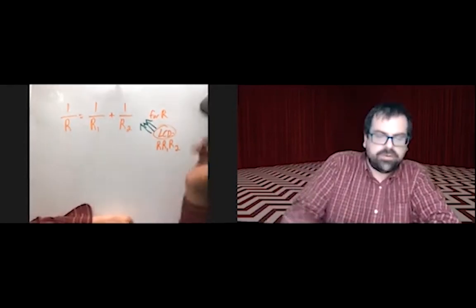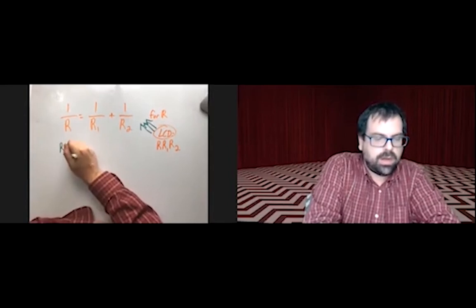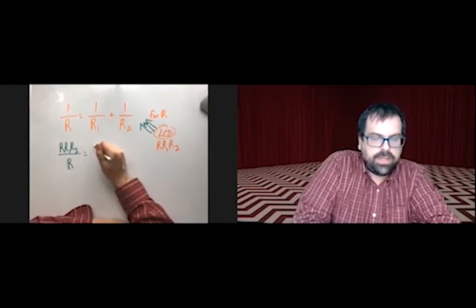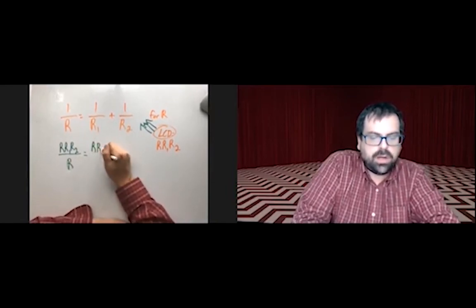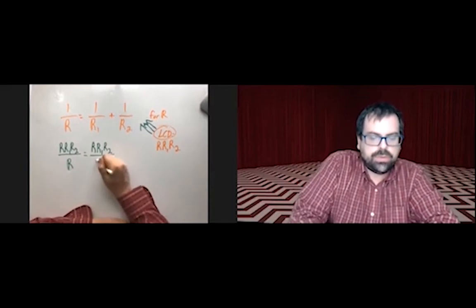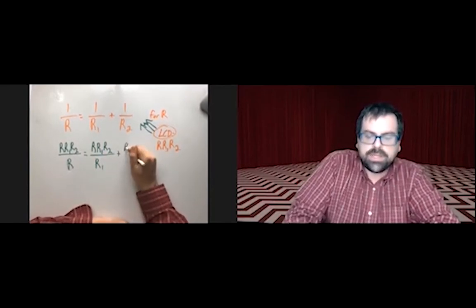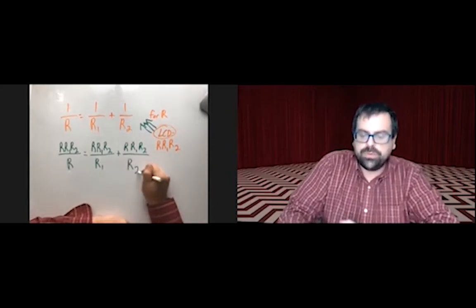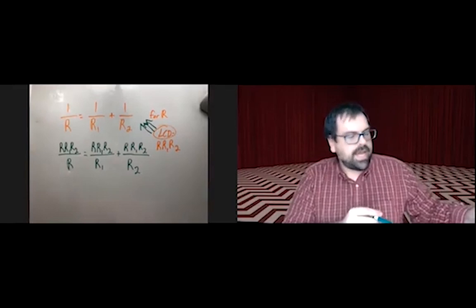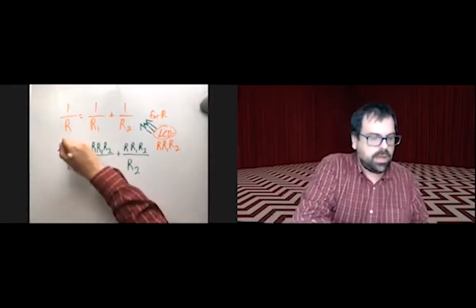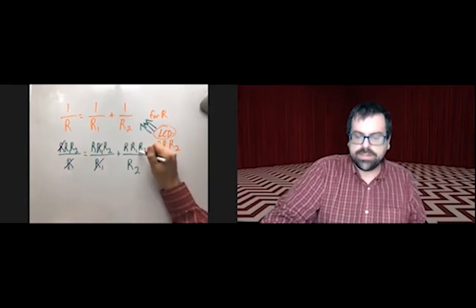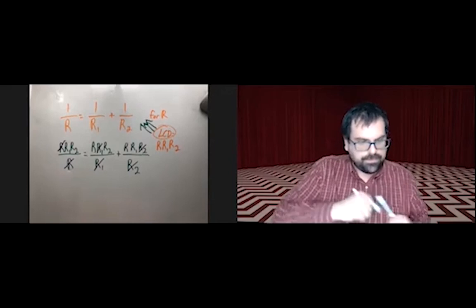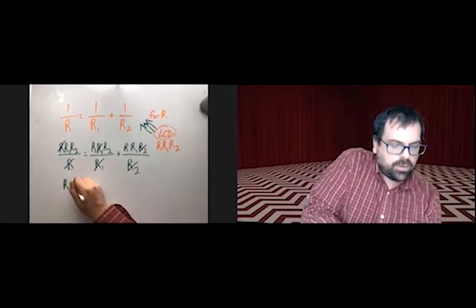We're going to put them in the top everywhere. So R1 R2 over R equals R1 R2 over R1 plus R1 R2 over R2. Things cancel. The R's, the R1s, the R2s. We get R1 R2